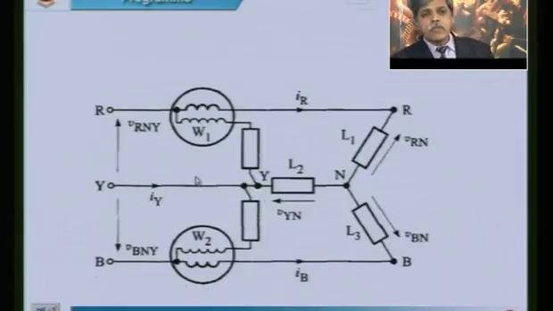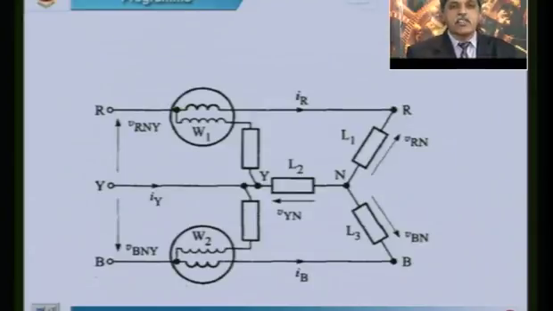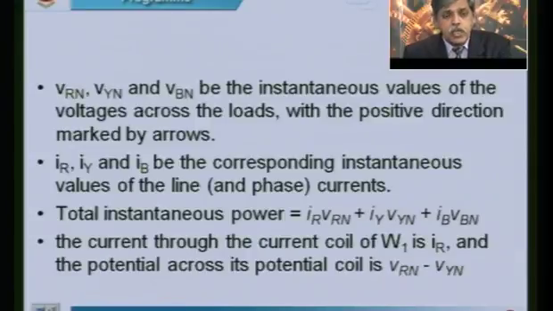First let us see whether the sum of the two wattmeter readings will give you the total power in a 3-phase 3-wire system or not. In proving that 2 wattmeters are sufficient to measure power in a 3-phase 3-wire system, we need to make a small assumption that the wattmeters indicate instantaneous powers, but actually they represent the average power. So for the derivation, we need to assume that the wattmeters indicate instantaneous powers. With that assumption we will continue like this.